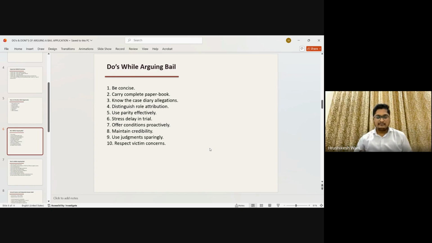Be brief, be concise. While you argue, the first thing to keep in mind is: don't make it lengthy. Don't try to conduct a trial at the stage of bail. Try to focus on why bail is necessary, why your accused deserves to be released on bail. Then